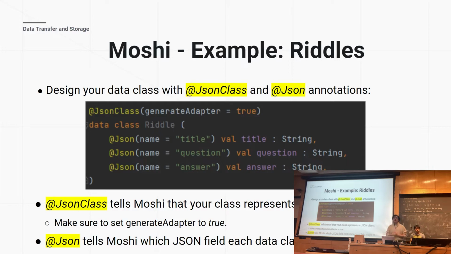And so now all you have to do, to be able to parse everything, is just name the actual object, name the actual key, and then Moshi will automatically parse that into the value that you have here. So this makes it very easy, because you don't actually have to do any of the parsing other than just naming what keys you want to be able to access within this data class.